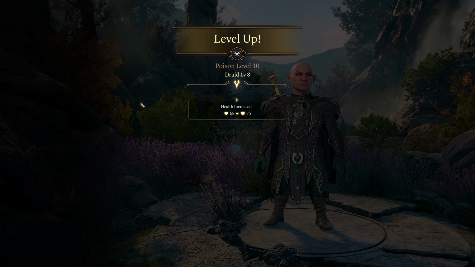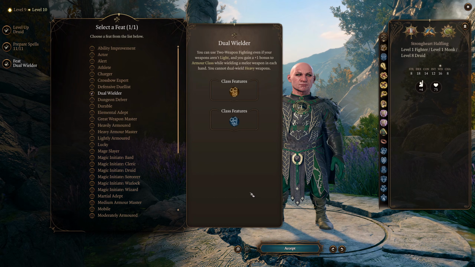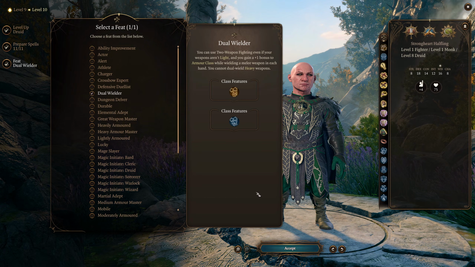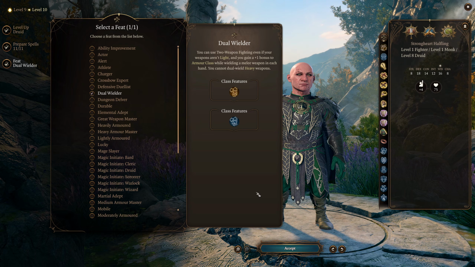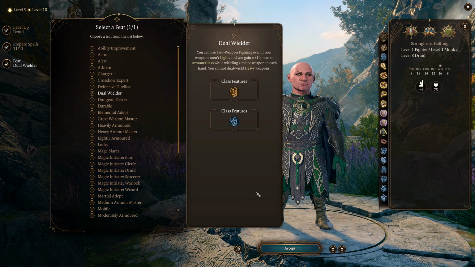Next up at Druid level 8, at total level 10, we are going to be able to get our second feat, and I am grabbing Dual Wielder here. You can take Dual Wielder earlier on, in fact I would probably recommend it now that I think about it, but as long as you get it either here or then, you're going to be getting this build's full power, and like I say, by the time you're at this level, you will be guaranteed to have the 2 weapons